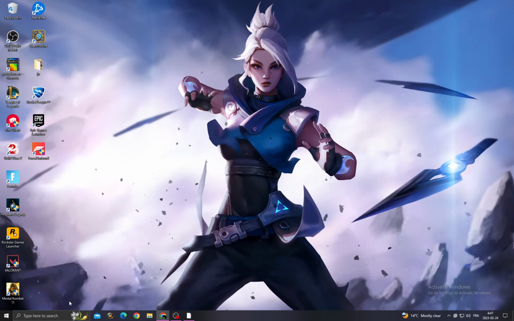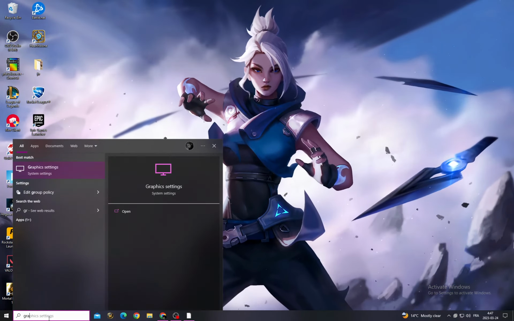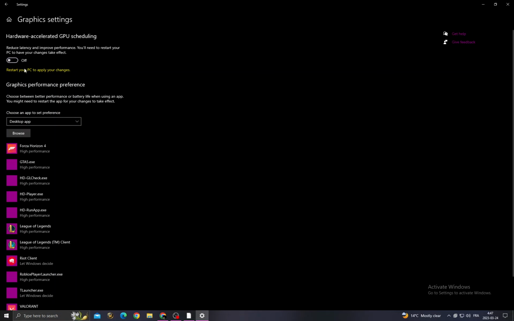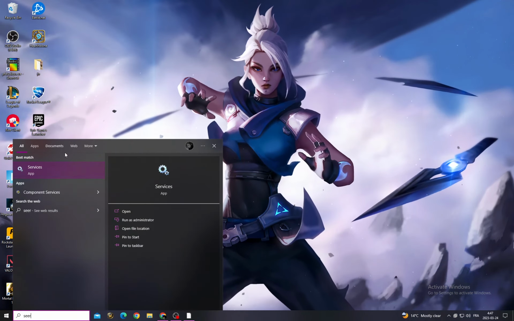First click here and now type here graphics settings and after that make sure to turn on this option, and after that, as you see here, you will need to restart your PC. But before you restart your PC, type here services,